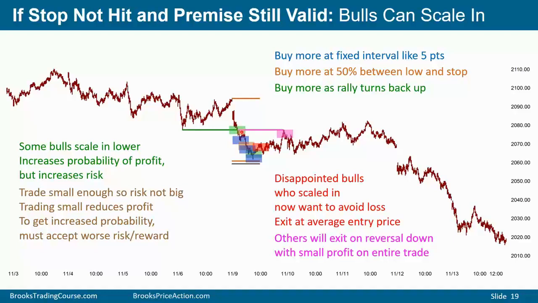One thing that I like to do, and some traders do as well, is instead of taking a buy at that low, they know some scale-in traders will do that and scale in more lower, especially above a good bull bar. We cannot see this bar, so we don't know if it has a strong bull body. But if it does, a lot of bulls will buy more above that strong bull bar. A lot of times what I'll do is not take the first entry, wait for the strong bull bar, and buy above the bull bar, expecting it to come back to that first entry. And if it gets near there and starts to reverse down, you get out on the reversal down.